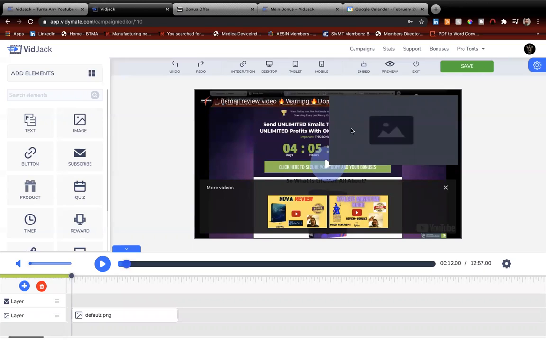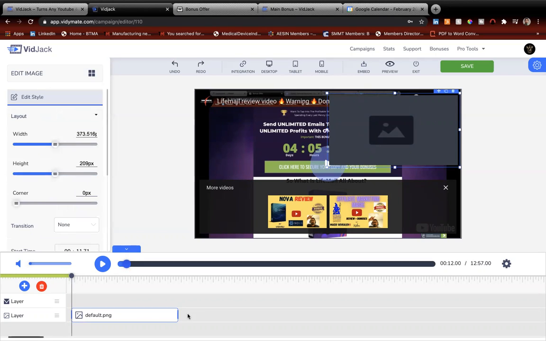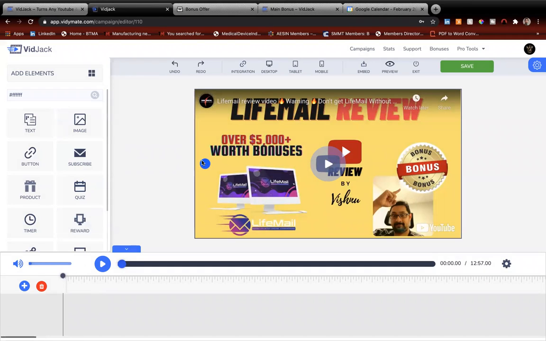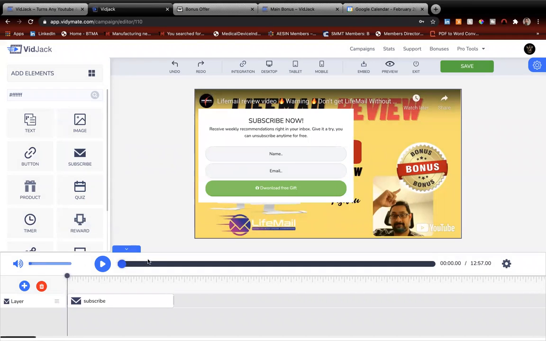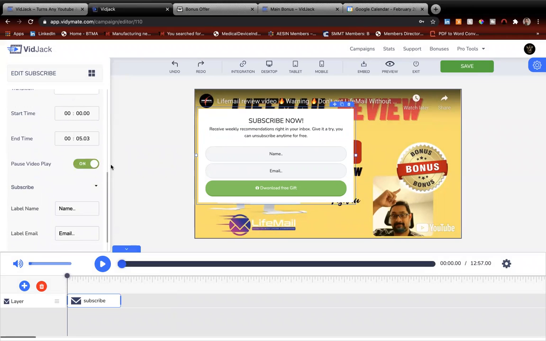There are some 7 million royalty free images on the stock, which comes as part of the product. And so you can add whichever images you want, and you can just resize the button. I think it's gone somewhere. Okay, so I'm just adding the subscribe button, and clicking the button. And as you can see here, you can pause the video and force your audience to basically opt in and then proceed with the video.